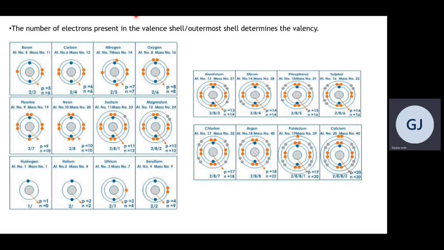So you can just try making some atoms on the basis of the K, L, M elements. You can place the electrons as per the 2n square rule. You can take some atomic numbers like 30, 35, anything you want, and try to fill the electrons. We'll be discussing how to fill electrons in the orbitals in the live class.